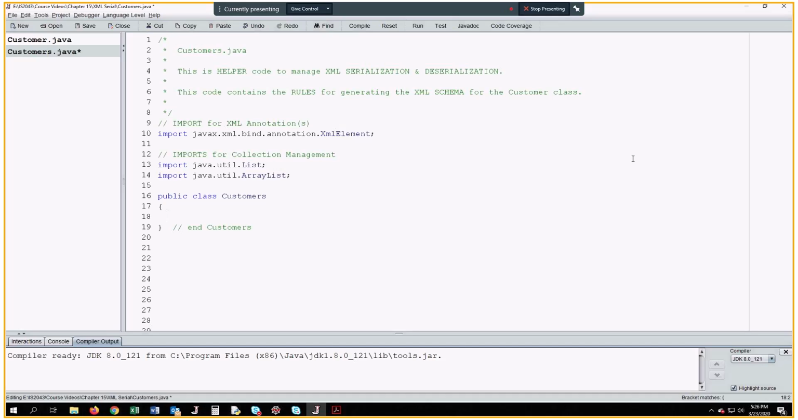Now, literally, there are only three very, very short pieces to what we need to do in here. The first one is the part that's actually going to help Java work out what the schema needs to look like. So this is our annotation to Java for creation of the XML schema. It's just one line, @XmlElement,